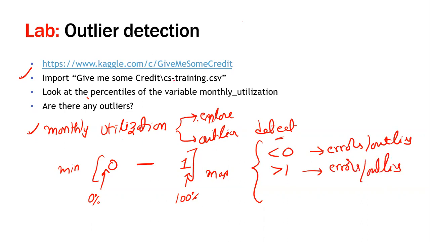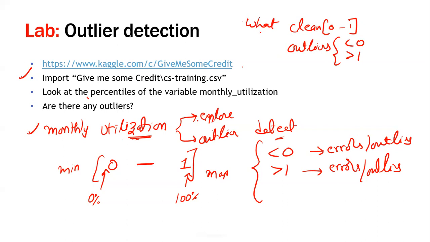What I want you to do is, you have imported this data, study this variable. Tell me what % of the data is clean with respect to this variable, that means between the limits 0 to 1. What % of the data is outliers? That means two types of issues, less than 0 and greater than 1. What % clean, what % outlier? Study that, and tell me the answers to these two questions. Don't paste the output for me in the chat window, only answer these two questions. Okay, go ahead, all of you. Try to do it yourself and let me know the answer.